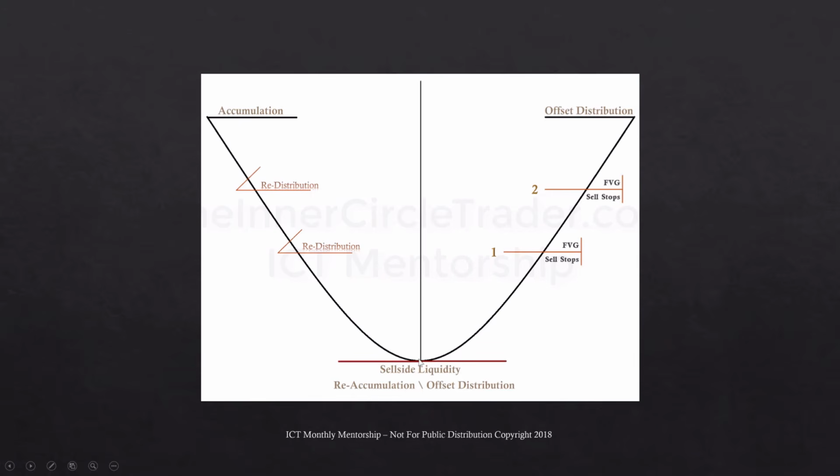Now, it could be a terminus of a market maker sell model, which would have been over here, and it created the sell off here. Then you have distribution, redistribution, and then terminus for that previous market maker sell model. For an example of something like that, if you look at the dollar Swissy,